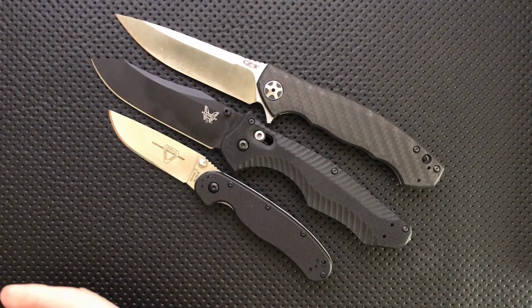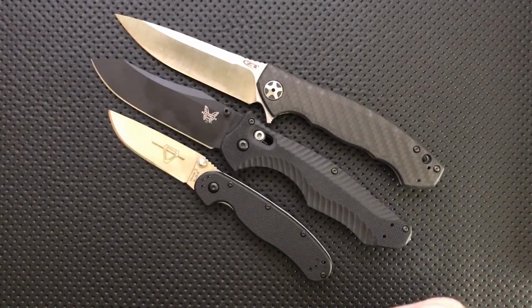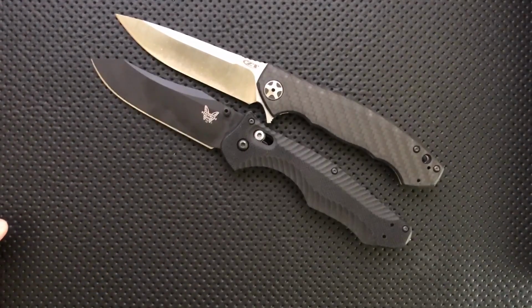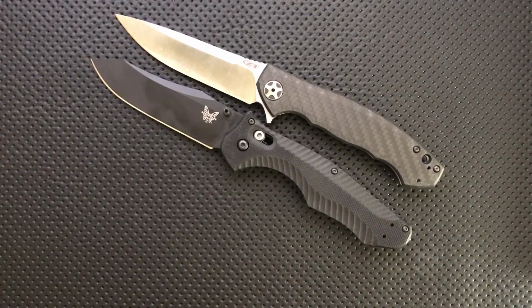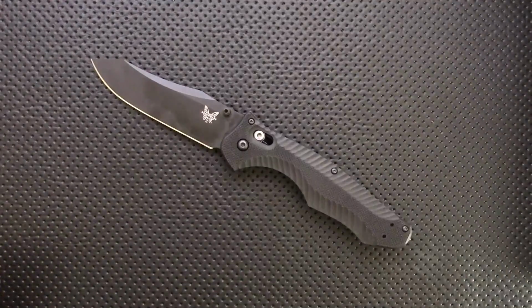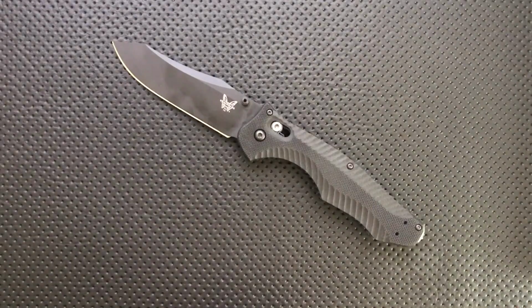You can see that the 452 is just about in line with the Contego in terms of size. It's a very, very large knife, and it's deceptively so. You look at it in pictures and think, oh, that could be reasonable, but no, it isn't. But that's okay, that's part of why we have to love it. So let's jump into the good, the great, the bad, and the ugly